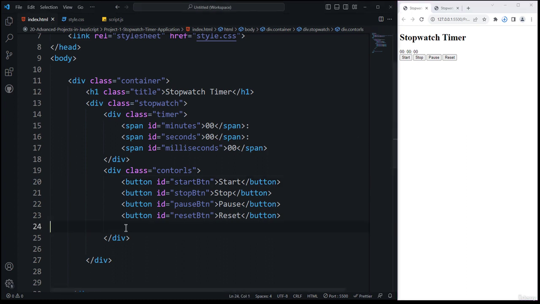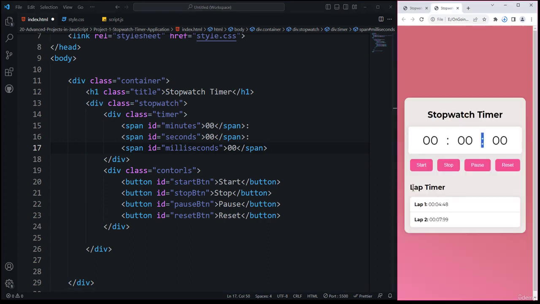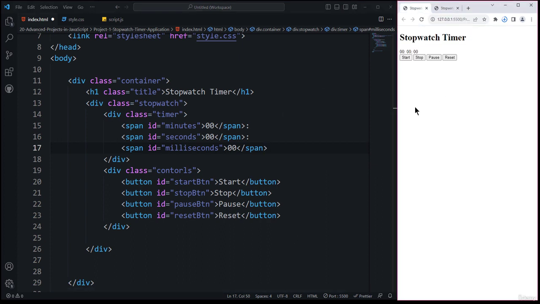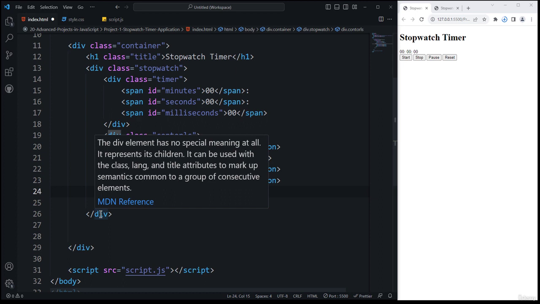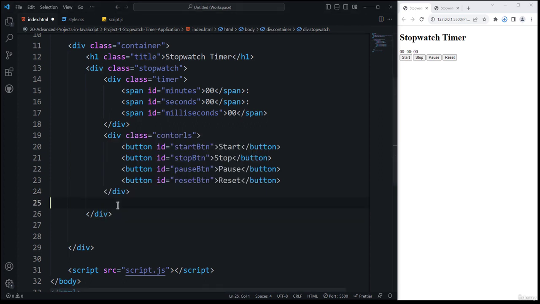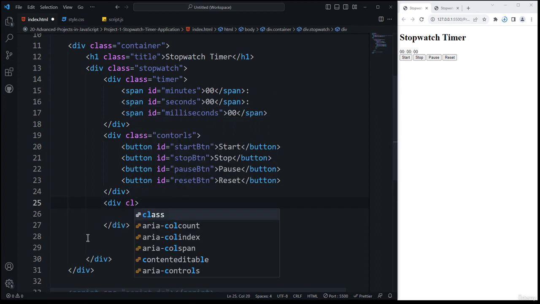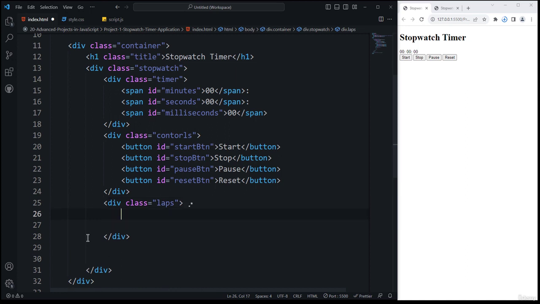Okay, so after creating the controls, the next thing is we need to create the division for the laps, which is this one. Coming back to our version of the application, after the end of this control division, make sure you are inside this stopwatch division. I'm going to remove this container division spacing. Here we need to create another division, and inside of that we provide the class for the laps, and inside of this lap division we place the h2 element that has a class name of lap title,